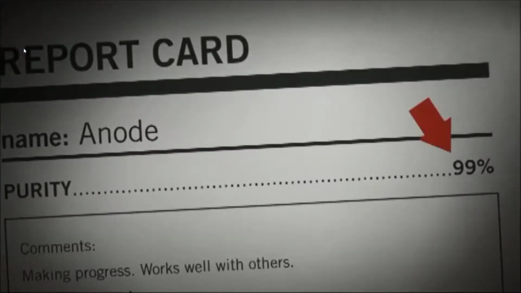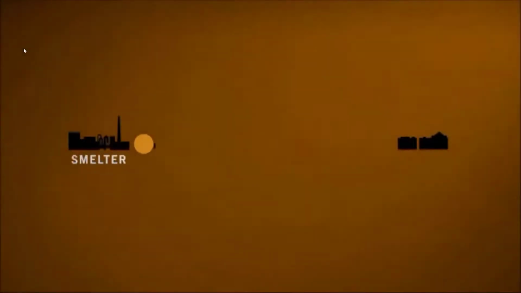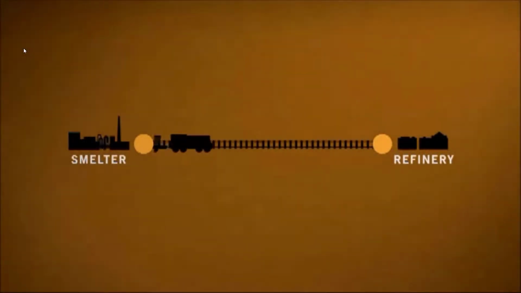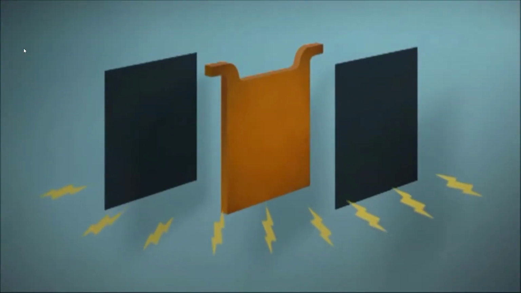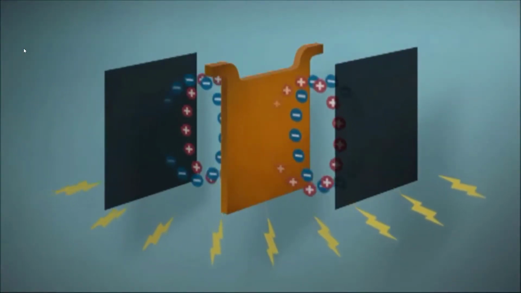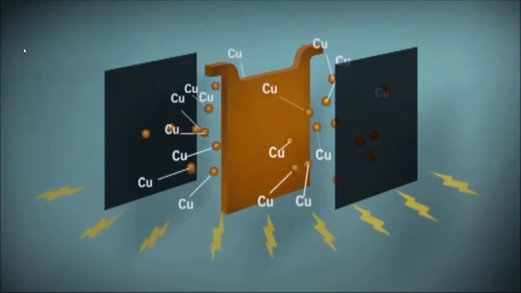99% pure copper is good, but getting to 99.99% takes a little extra molecular mojo. The anodes are shipped to a final tank house facility, where they're sandwiched between stainless steel plates and loaded into big square tanks that are designed to conduct electricity. The tanks are filled with an electrolytic solution that creates positive and negative electrical currents, just like the world's biggest car battery. This current causes the pure copper ions to jump to the stainless steel plates. It's a pretty strong attraction. The result is a